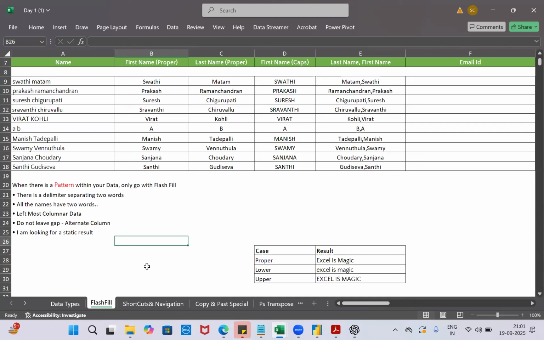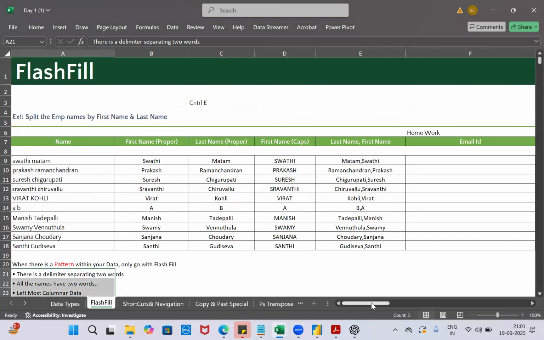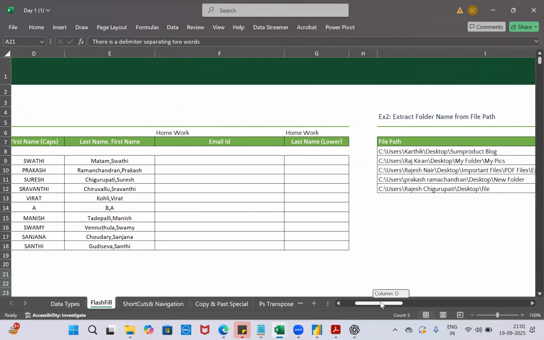Only for one day I need this. Then you should say yes and be okay. Got it? So these are the limitations you have whenever you use flash fill. Clear? Anupam, Lijita, Devara Setti. Clear? Yes, ma'am. Let's look into a few more examples here.